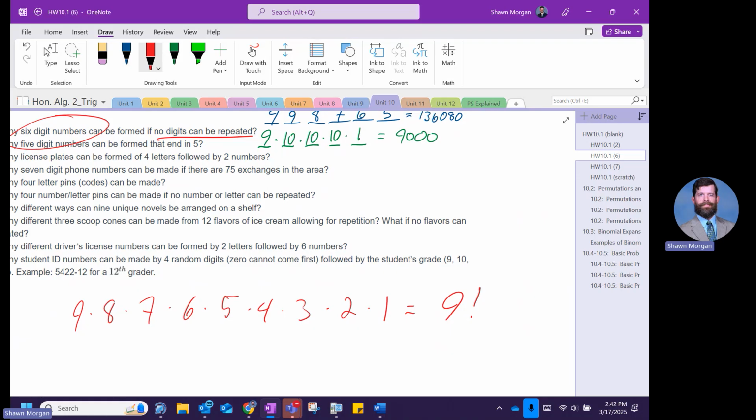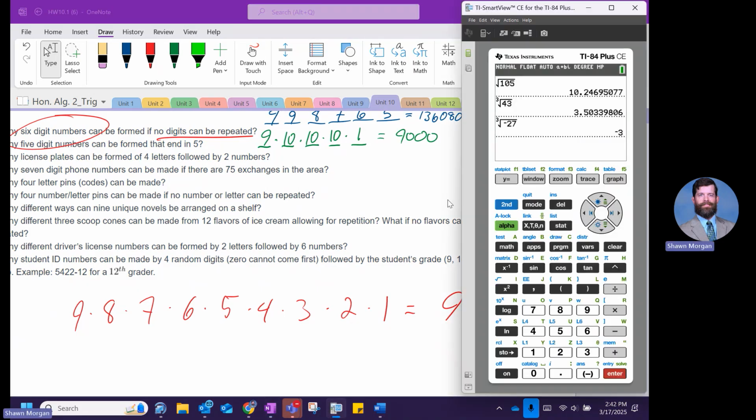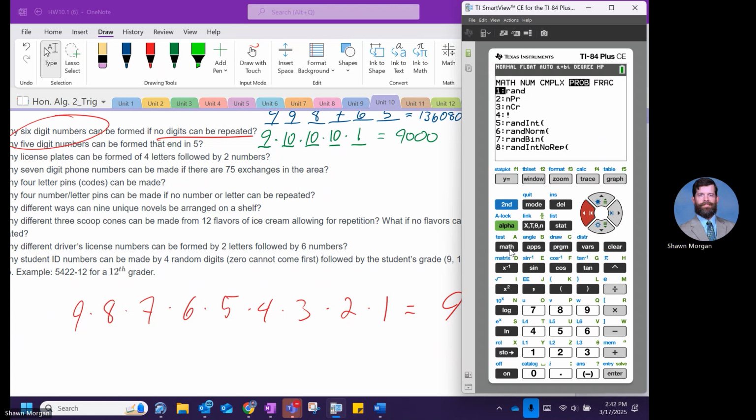Now you've got one of these on your calculator. Can you find it? We'll show you where it's at. There's two places where you can easily find it. You can go math, then scroll over to the probabilities tab, and it's the fourth option. So if I wanted to do 9 factorial on my home screen, I could hit 9, math, left, 4, and it's